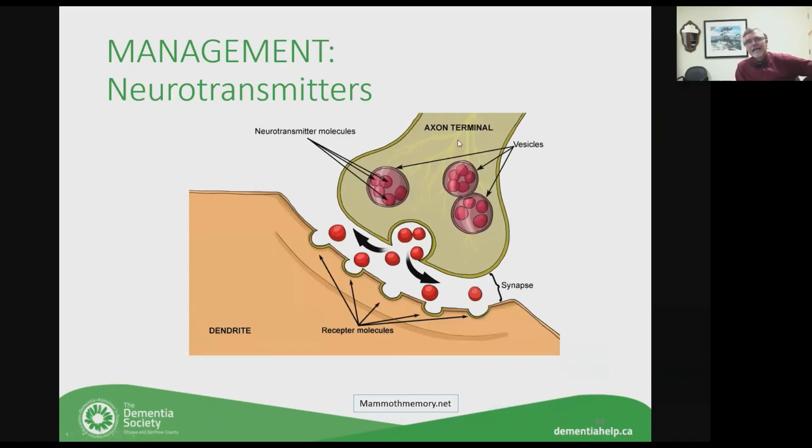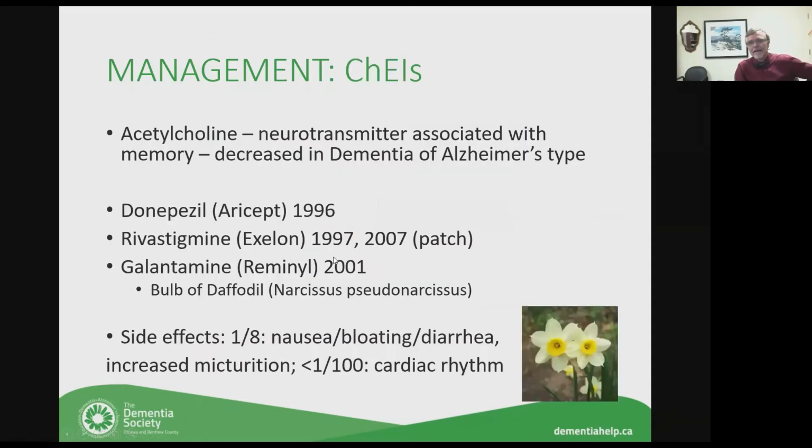Now, when we talk about Alzheimer's disease, we do have treatment, and some of your loved ones may be on some of these medications. So just going back to the neurotransmitters, this is the connection between two neurons, right? This is the axon from one that's been lit up, and this is the receiver, the dendrite of the next. When these neurotransmitters cross the gap and attach, they change the chemistry here, and they cause a new electricity to move on. So the very first group of medications that was discovered for the treatment of dementia of Alzheimer's type